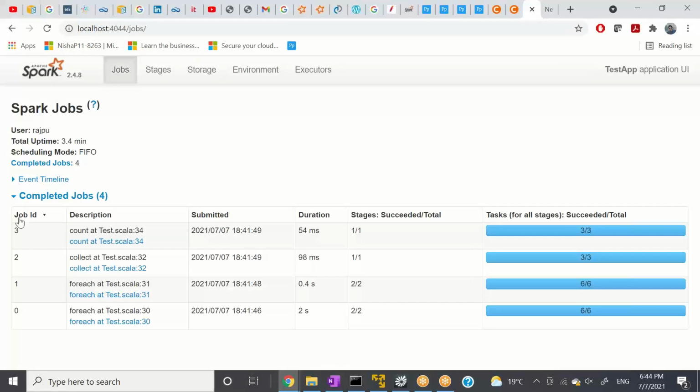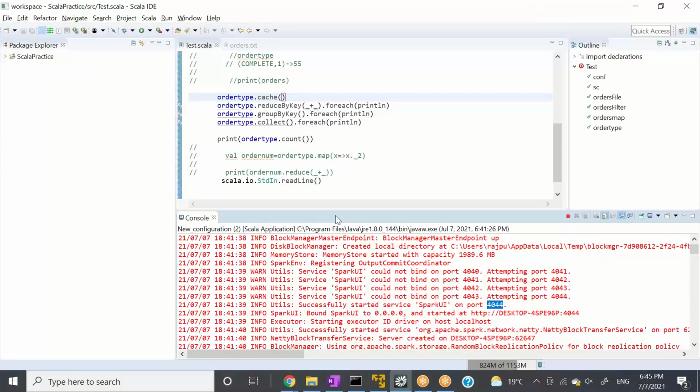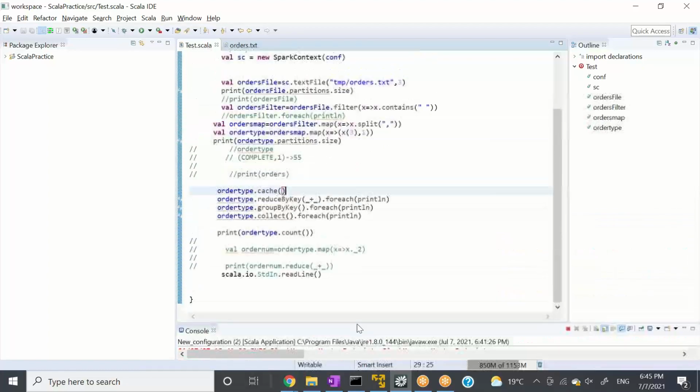Yesterday I covered one special thing for you guys, that the number of jobs on your Spark UI will be the number of actions. So how many jobs are we seeing here? 4 jobs. Let's go to our code. I just need to verify a few things. So how many actions do we have here? We have the first action, second action, third action, and fourth action, right? Our 3 actions are foreach, and our fourth action is count.